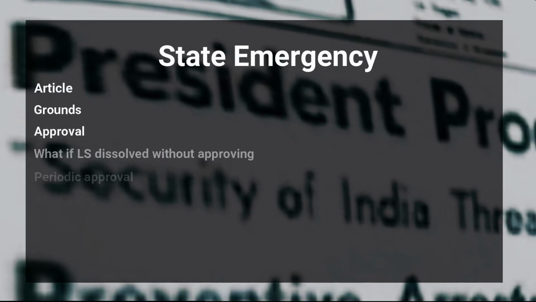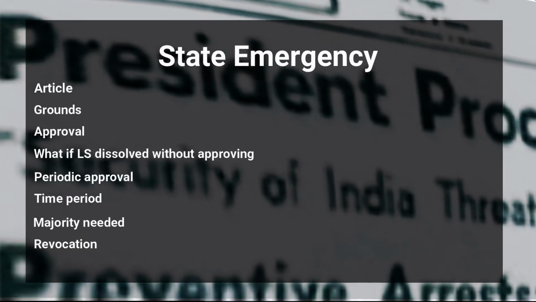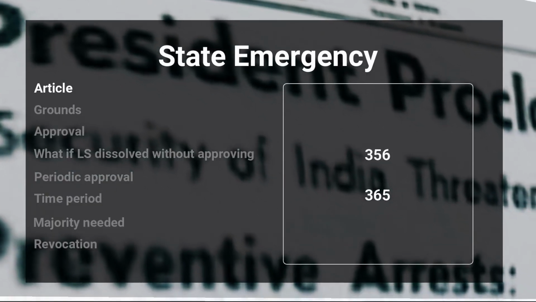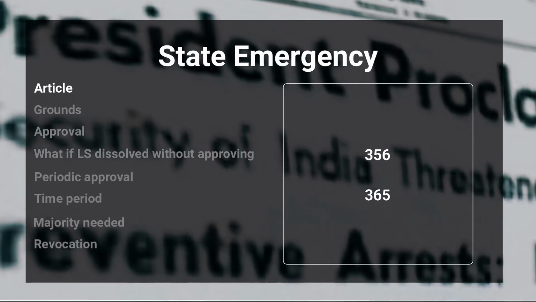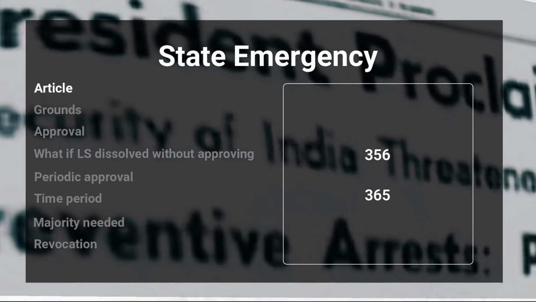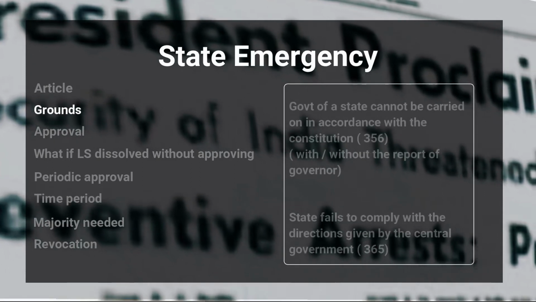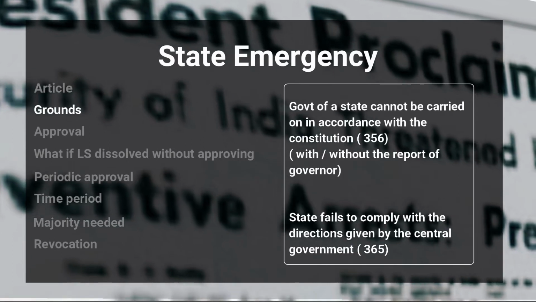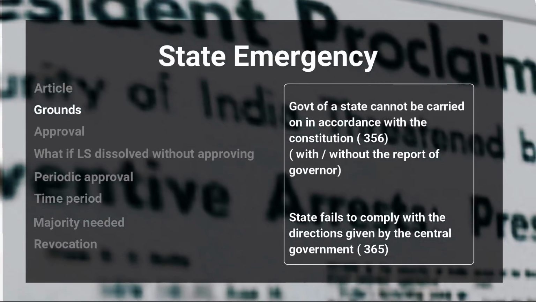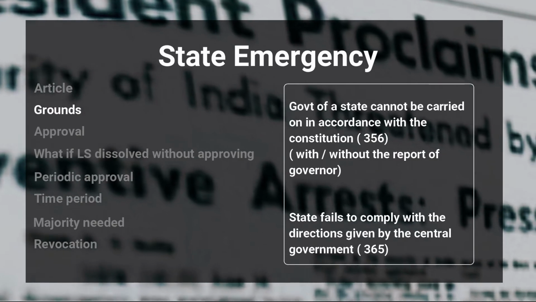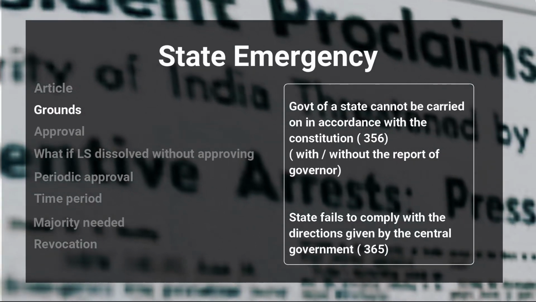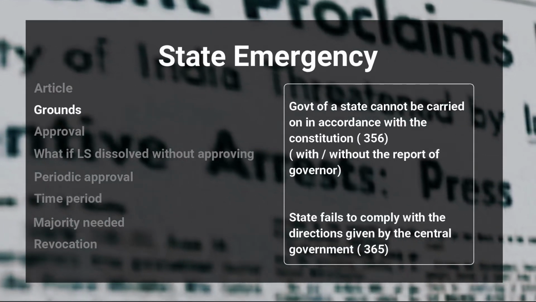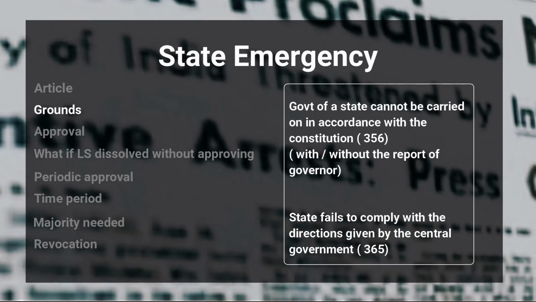The grounds for the imposition of state emergency are given in Articles 356 and 365 of the Constitution of India. As per Article 356, the ground is if the state government cannot be carried on in accordance with the Constitution. It can be imposed with or without the report from the governor. When this emergency is imposed, the governor carries out the functions of the state government with the aid of the chief secretary and